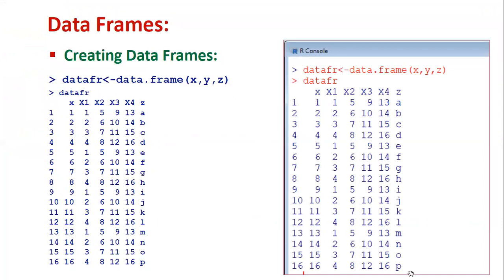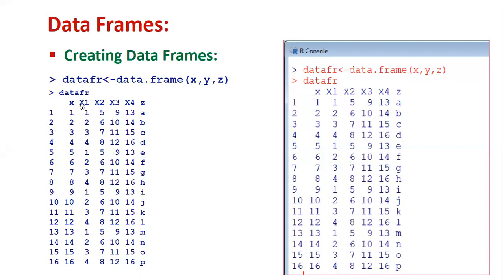Now our target is creating a data frame. So how to create a data frame? That can be stored in another variable name. Let us use df, data frame, equal to, this is the command we are going to use, data.frame. Within parentheses, call all the vectors, in whatever order you want. So we use first X, then Y, then Z. Simply call the above 3 vectors. Now the data frame is created.